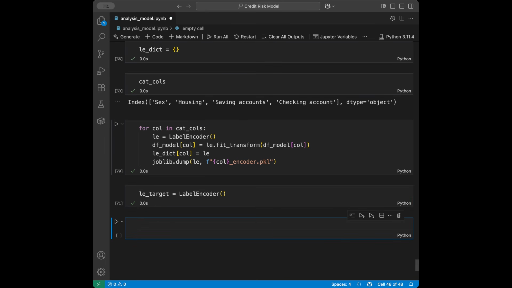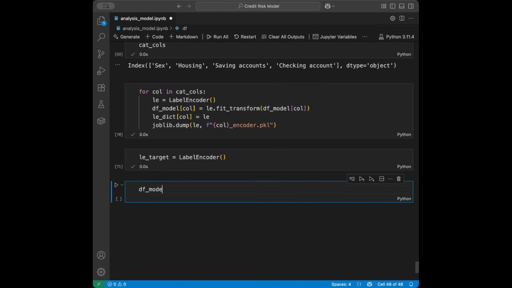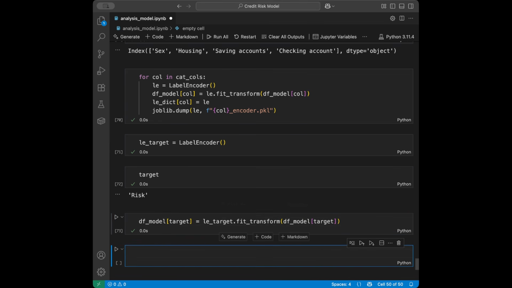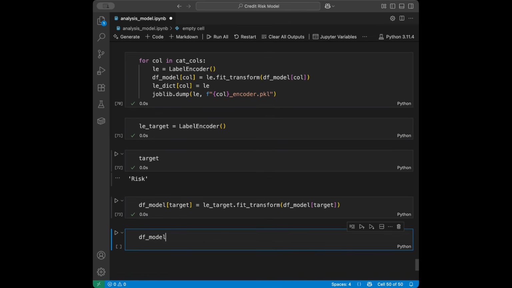Next up, we can close this. I will say data frame model. I will select the target like this. Let me firstly call the target. Data frame model is going to be label encoder target fit_transform. I will pass data frame model target like this. And now I'm going to check data frame model target, and in here